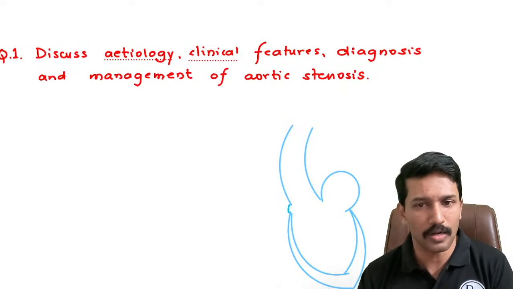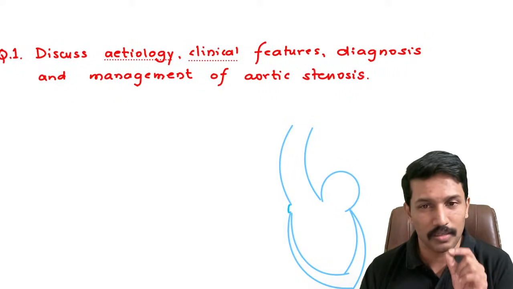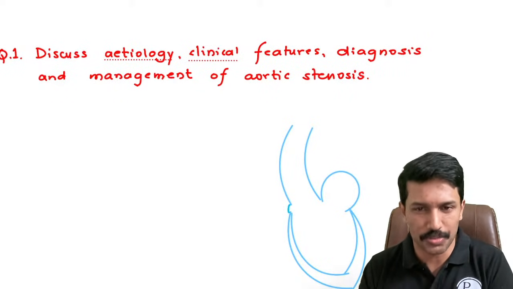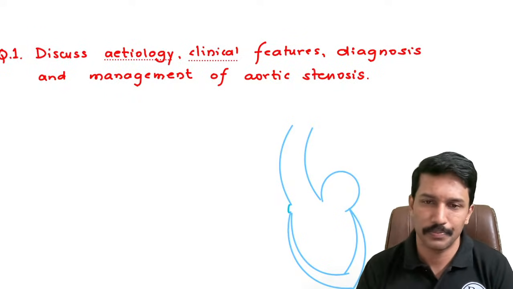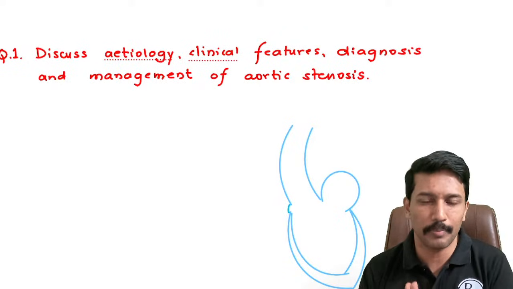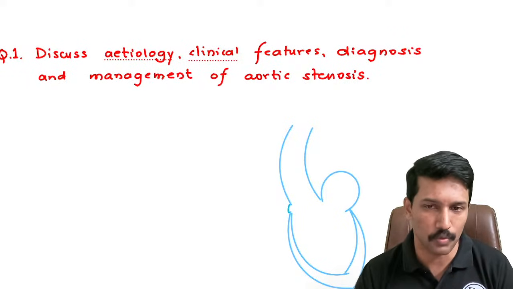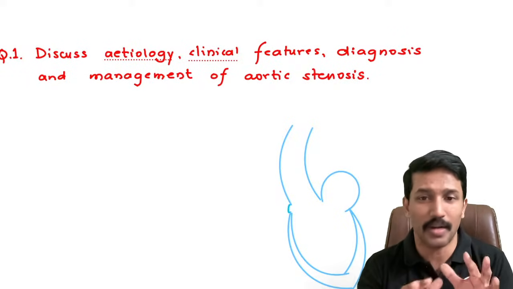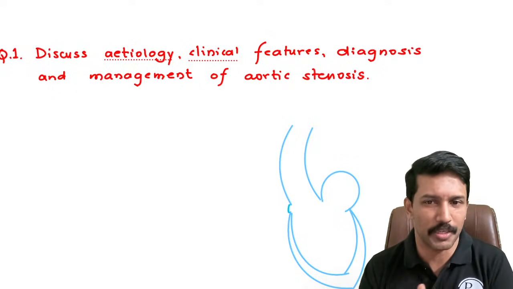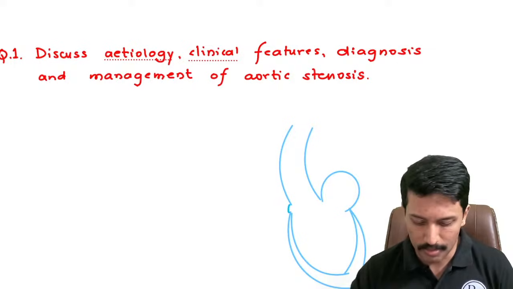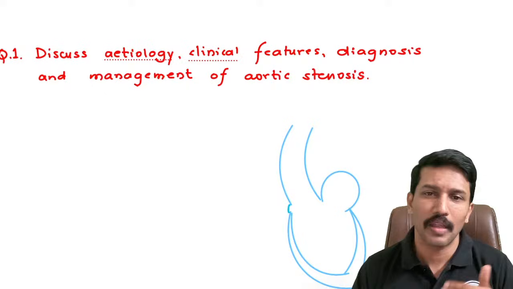Now, for any valvular heart disease question, the first thing you should do is put a neat image depicting the position of the valve. Where is that valve position, between which chambers, and also mention the normal size of that valve. If possible, if you have a fair idea, mention in the cardiac cycle where exactly this valve opens and where exactly this valve closes, and then start the discussion on the rest that is asked in the question. If you don't remember, fair enough, at least put a sketch and mention where exactly the valve is located. So let us begin by discussing 2-3 minutes on the basic aortic valve anatomy,